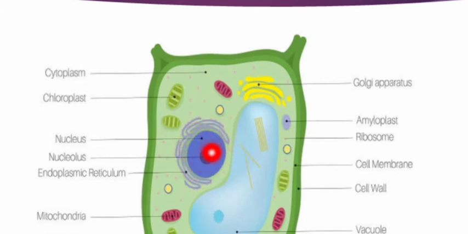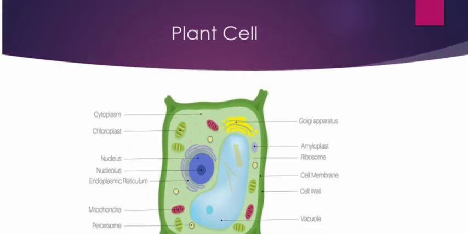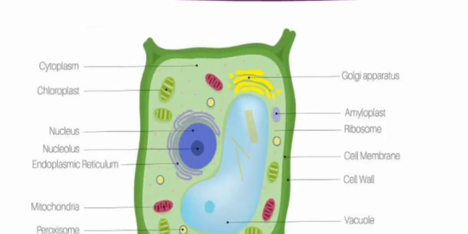The entire content of the living cell is known as protoplasm. It includes the cytoplasm and the nucleus. Protoplasm is called the living content of the cell. So the cell has three main parts: cell membrane, nucleus and cytoplasm. The cell membrane has a thick outer covering called the cell wall. Then inside the cell there is a round body at the center called the nucleus. Next, the jelly-like substance between the nucleus and the cell membrane is called cytoplasm.